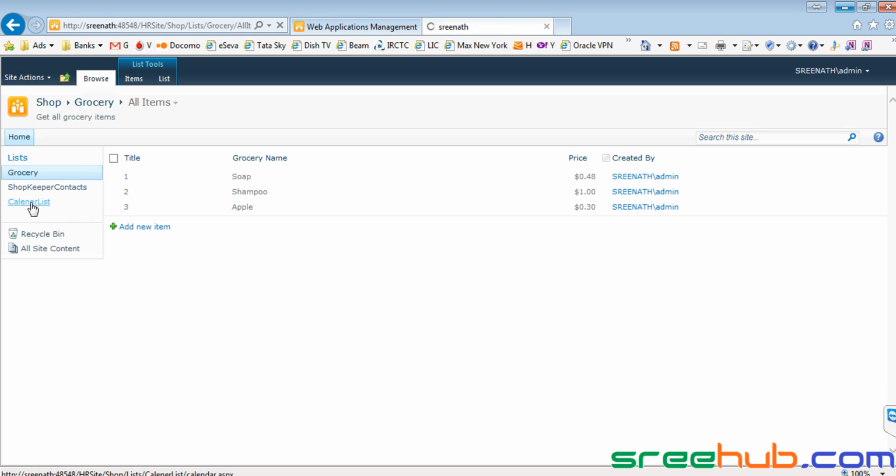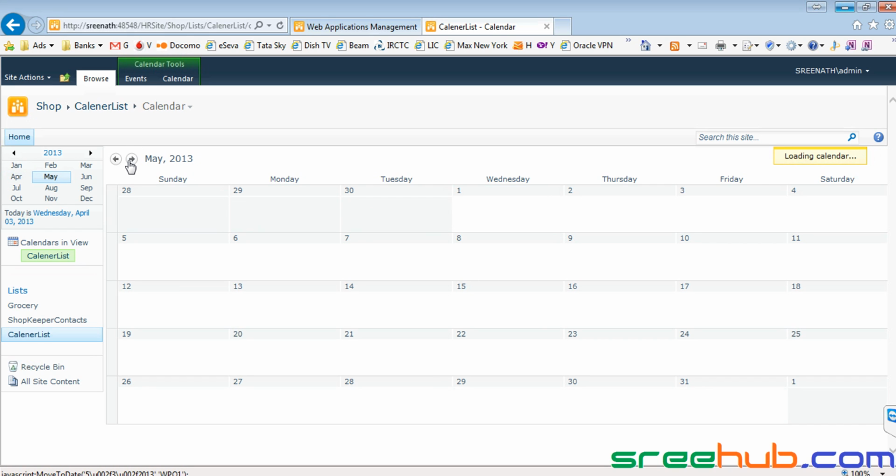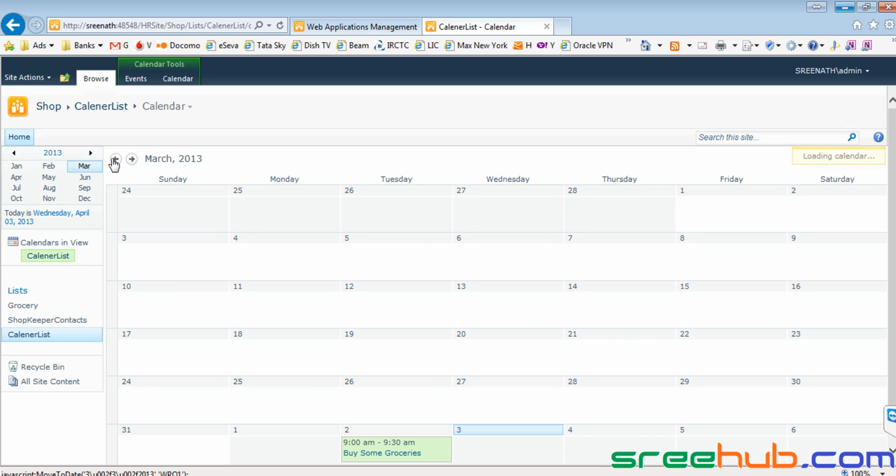We have also seen the calendar list, where you can create all your events, the same as your Google Calendar, or your Outlook calendar. It's the same thing.